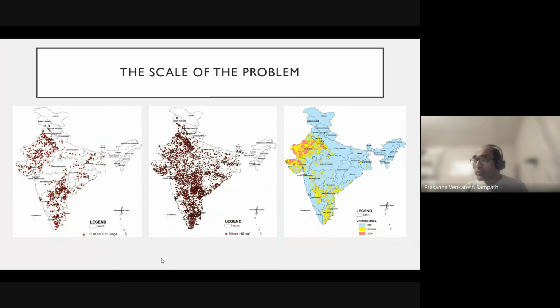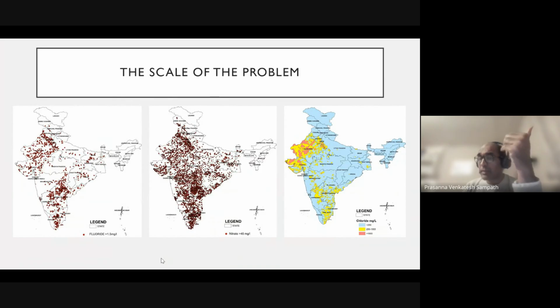Now, you'll be surprised to see that it's not only the coastal areas which are showing these greater chloride concentrations. You also see a lot of chloride in Rajasthan. Okay, now that is partly due to, usually what happens when you have a desert, it's also